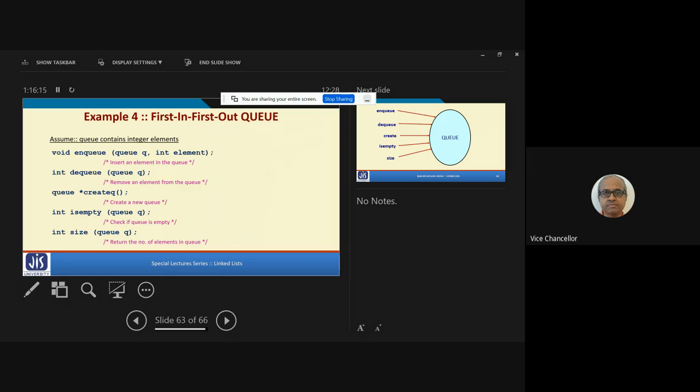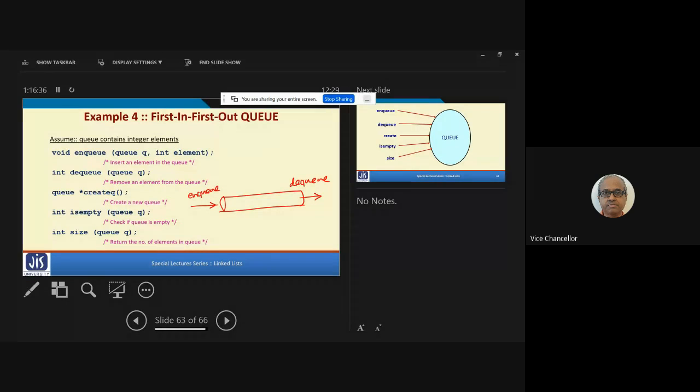Similarly, a queue is some kind of a data structure where you insert an element at one end and remove an element from the other end. The operations are called enqueue and dequeue.